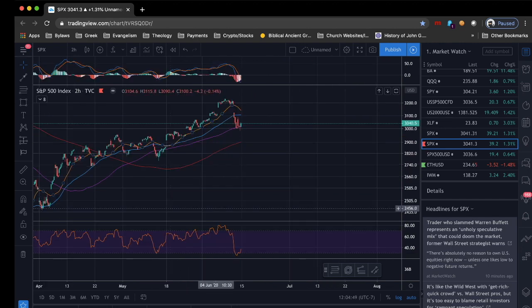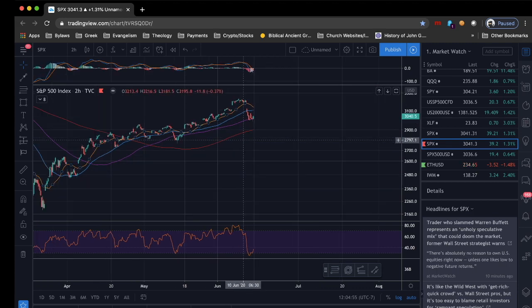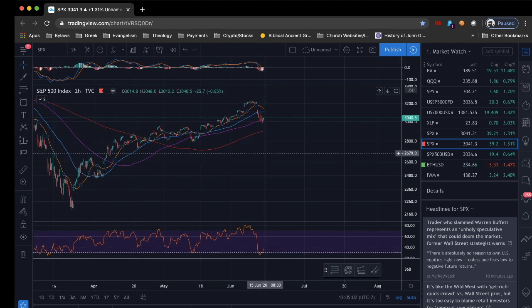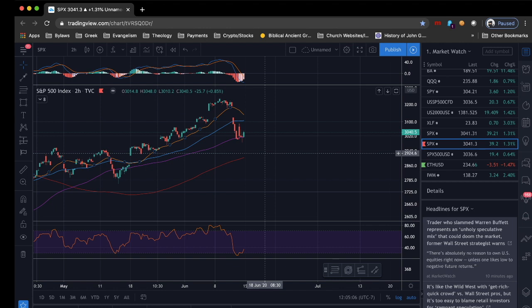So where do we go from here? Right now we are riding that 100 moving average. The idea is that if we actually break down from the 200, at least at the 2-hour level, then we have a bearish case. But from an Elliott expectation here, we would expect this to actually jump and try to retest this area and try to fill in this gap.